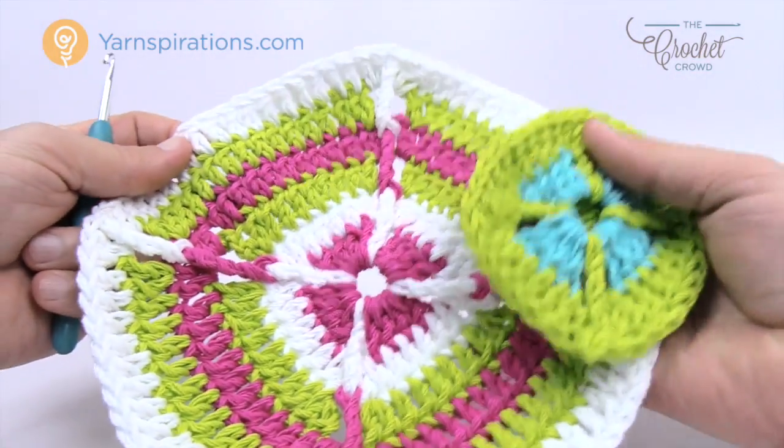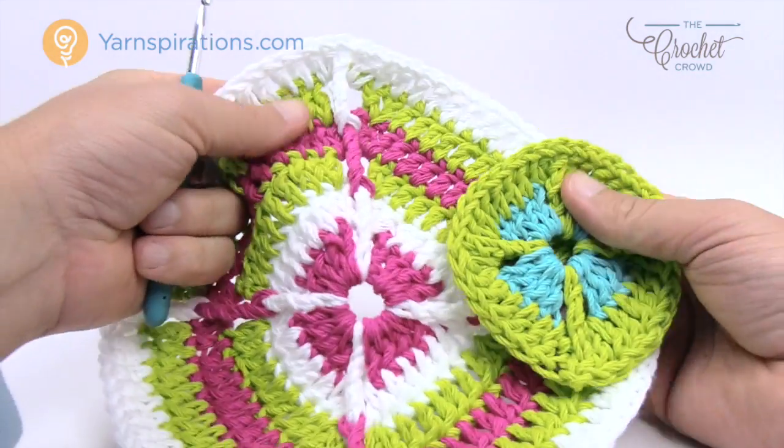So here's where we are in the project now. I've got to the point where the white's done, and now it's the next round that threw me for a loop when I did this prototype,